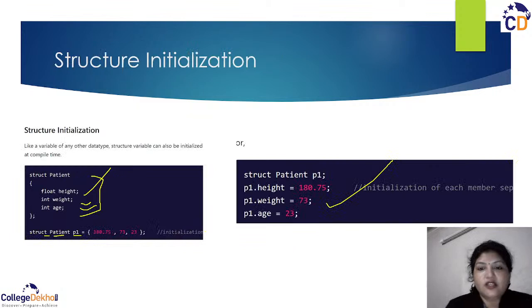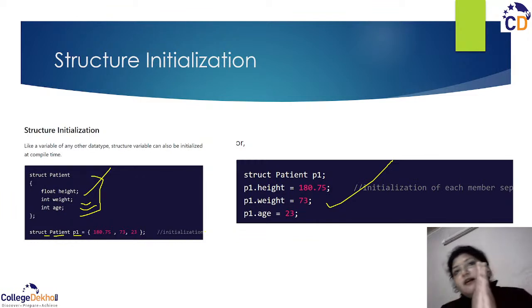When you are going to initialize, this is the initialization part, when you assign some values to that particular member variables, right? So when we have initialization part, we may directly assign the values to the particular variable, whereas when we have declaration part, we only declare it. Here we have declared it, and then after that we have initialized it. So there are two ways of initializing the member variables. One, we are assigning the variables